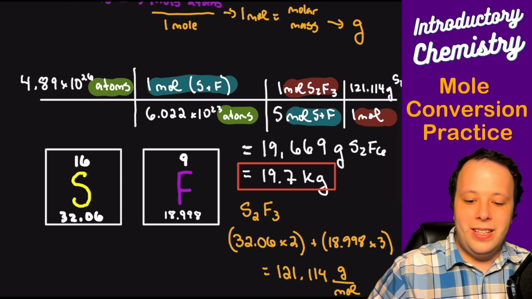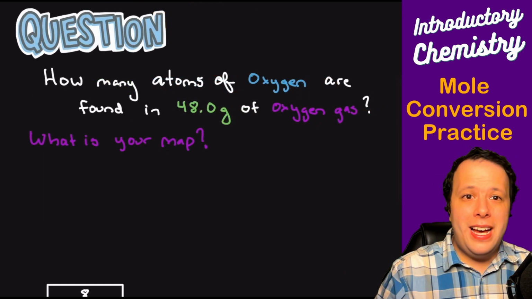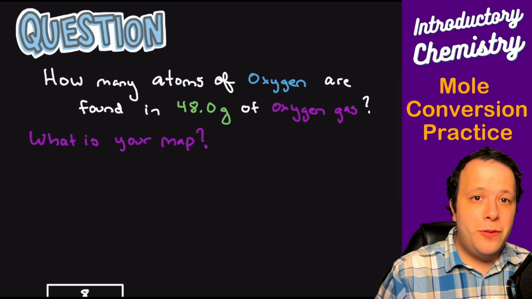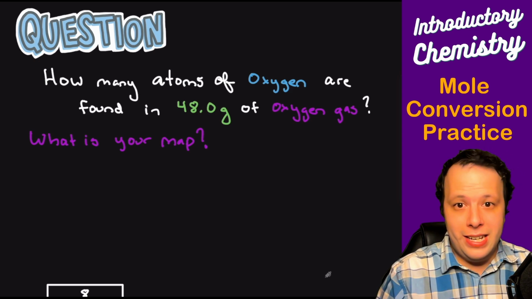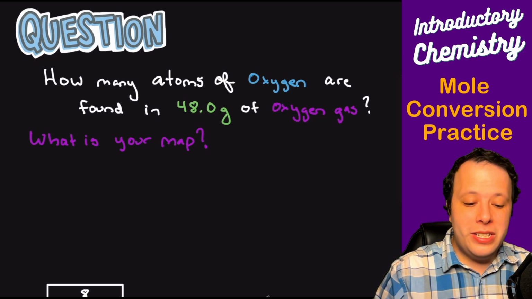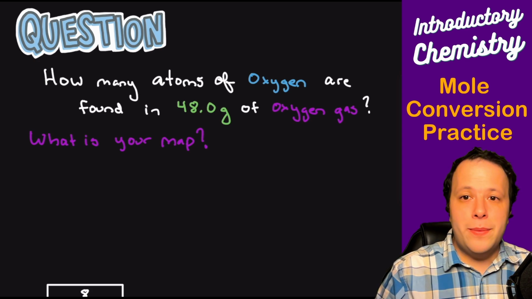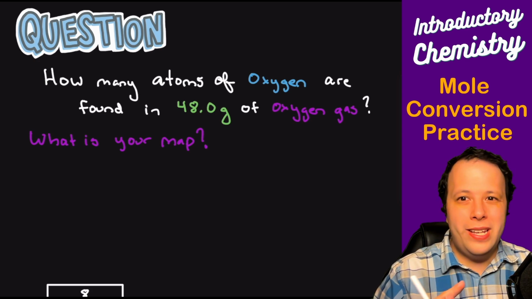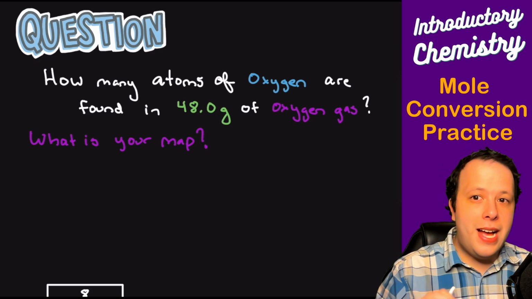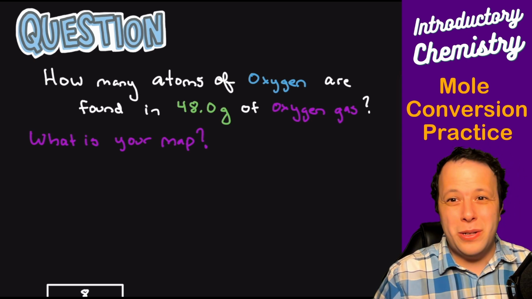Okay, let's go on to another type of problem that you might see. How many atoms of oxygen are found in 48 grams of oxygen gas? Okay, so being that we are doing an oxygen gas problem, we're starting with a mass. One thing you've got to be able to identify is its natural form. So oxygen, what do you breathe? Well, you breathe out oxygen, but what